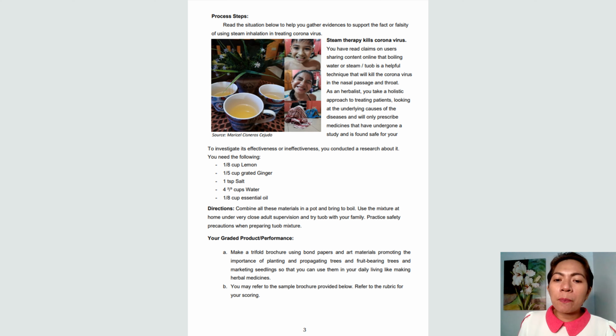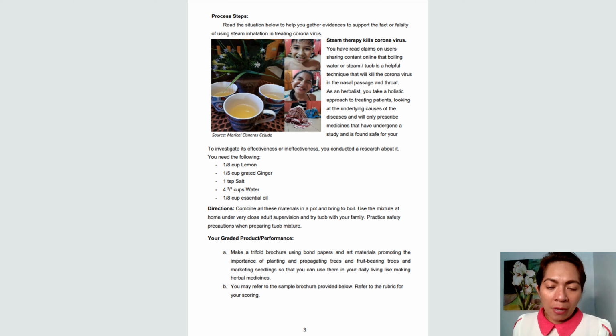You take a holistic approach to treating patients, looking at the underlying causes of the diseases, and will only prescribe medicines that have undergone a study and is found safe for your body. Ayun, na-cut, no? Saka i-edit ko na cut ang for your body. May body po dyan and then period. Never mind, I will send you the correct one, no, yung ma-edit na lahat-lahat ang content at with the PDF file. To investigate its effectiveness or ineffectiveness, you